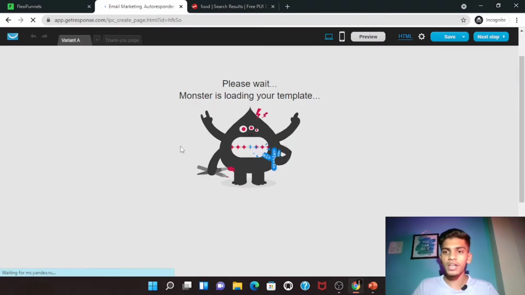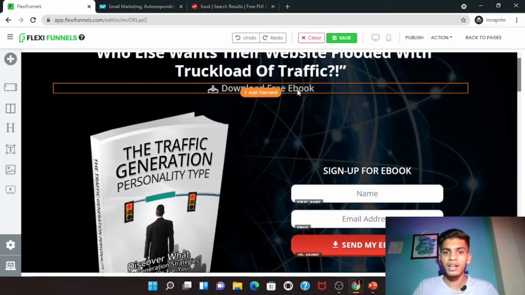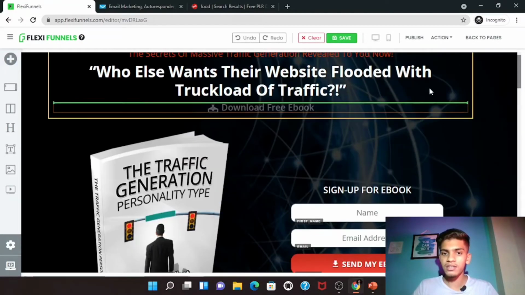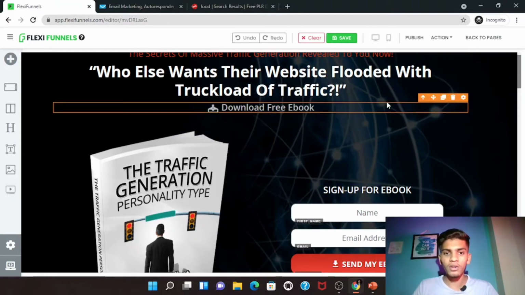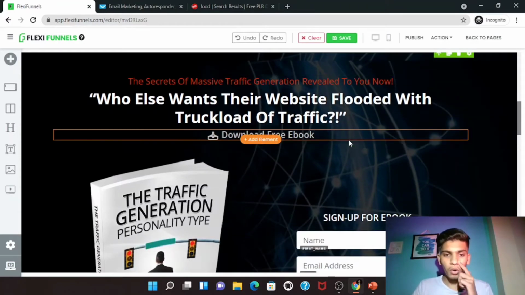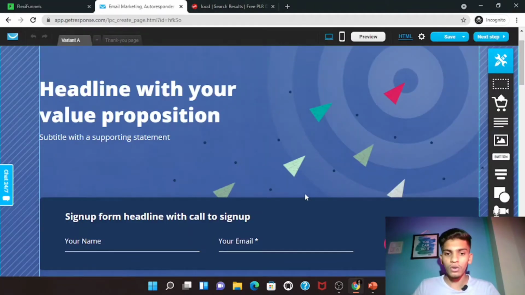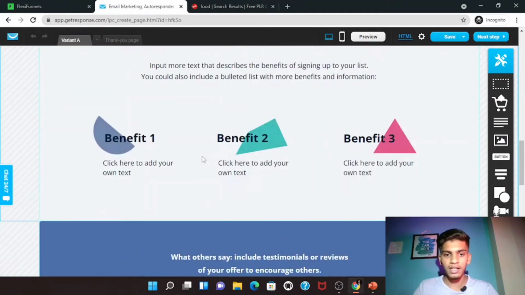And you don't have to do HTML, Java, or something like that. You'll just have to drag and drop everything. As you can see, I can literally drag this here, and I don't need any HTML person to do this, or a coder basically. So this is how your landing page is created.